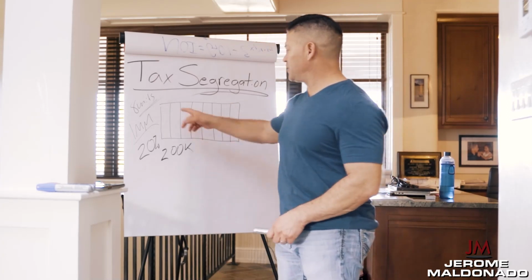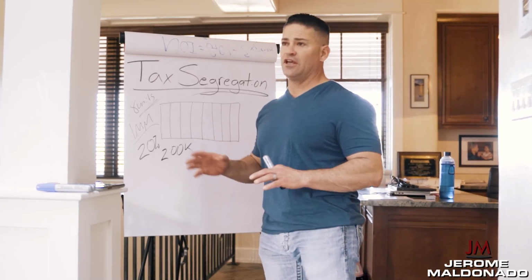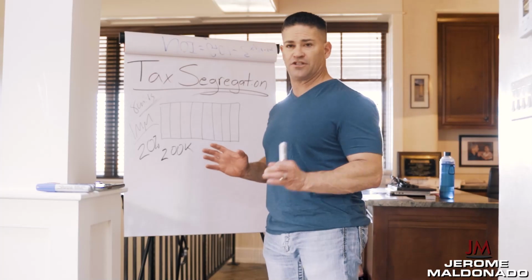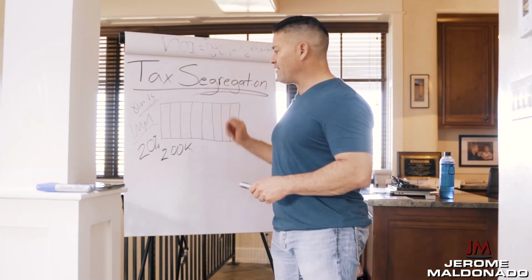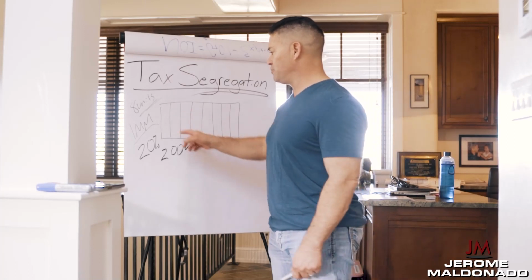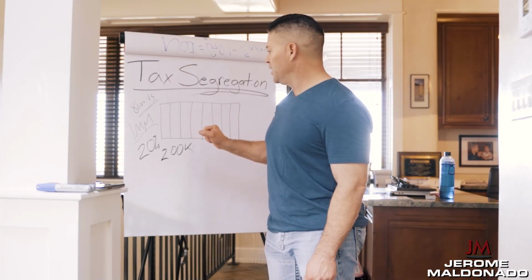So even if the tax segregation study comes back and says, Jerome, you can dissect this entire property and take up to $400,000 or $500,000 in depreciation in that first year,